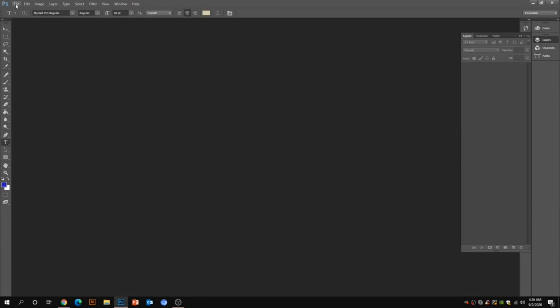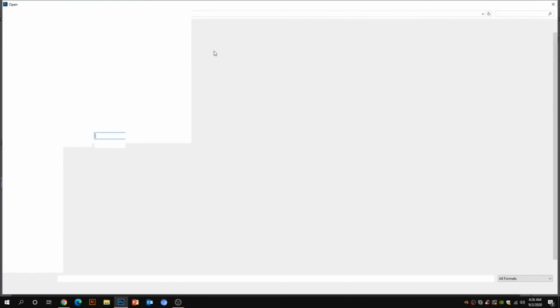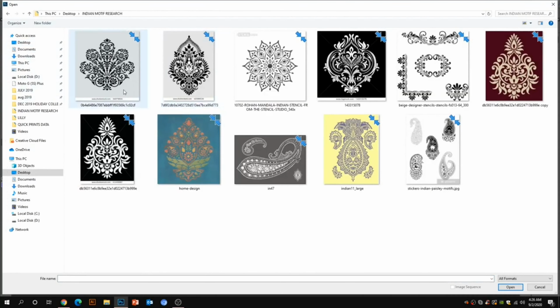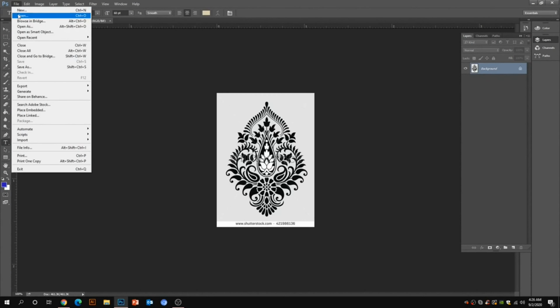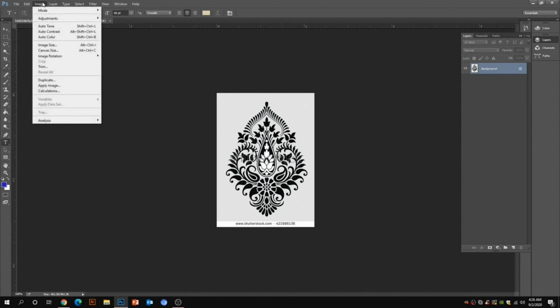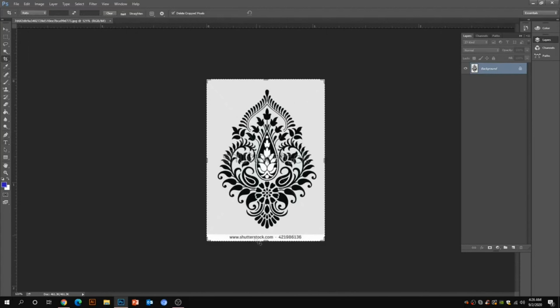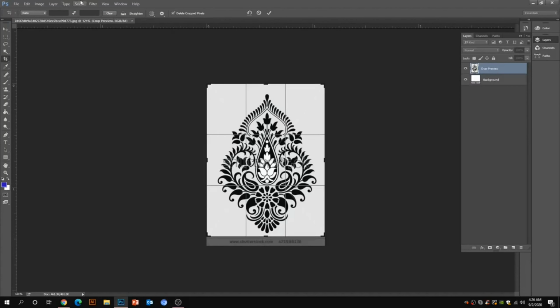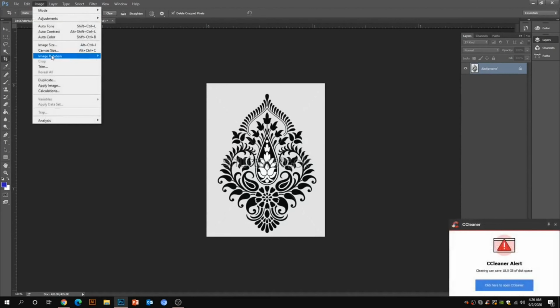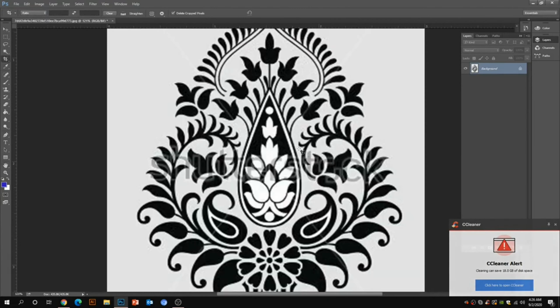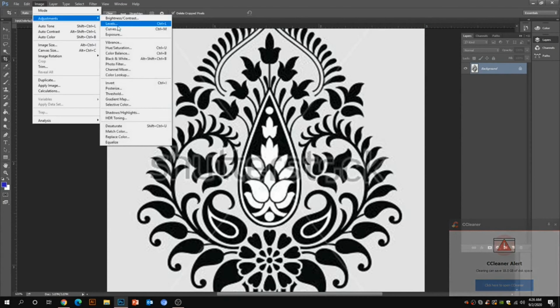So I'm just taking a normal canvas. Let me open the image which I want to convert into a high resolution artwork, or you can say high resolution motif. These are a few images which I have downloaded from the internet. This is the Shutterstock image watermark. It has a watermark, I'm just using it. So let me fix the size and let's crop the lower side. I'm just cropping it with a double click. As of now in this video I'm not using any shortcut, so I'm working everything with the mouse, so that it could be easy to understand. And I'm making this image size 3 by 3 inches and keeping the resolution 300.